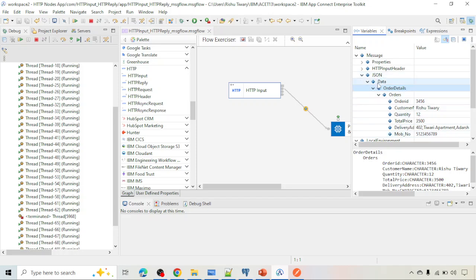So while learning the XML, under XML we have the whole data. While we are sending the JSON message, under data we have the whole message. So that's the reason we are using input root dot JSON dot data dot order details dot orders dot order ID to fetch the information. Further, in the compute node